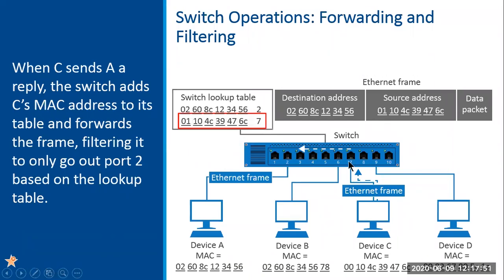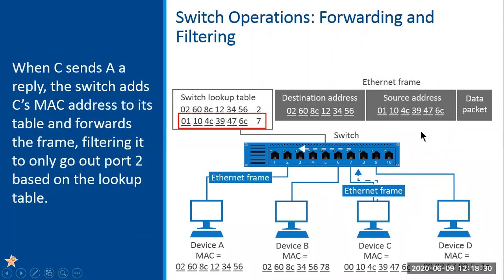Now, of course, bear in mind if you and I move that device C from port 7 to port 8, the switch will eventually update its MAC address table very quickly. As soon as C sends out another frame, the switch says, oh, look, it looks like that MAC address has moved from my port 7 to my port 8, so it'll update the MAC address table to reflect that change. In the MAC address table, each MAC address can only be associated with one port. A single port can have more than one MAC address. If you've got another switch connected to that port, then obviously it'll have lots of MAC addresses.